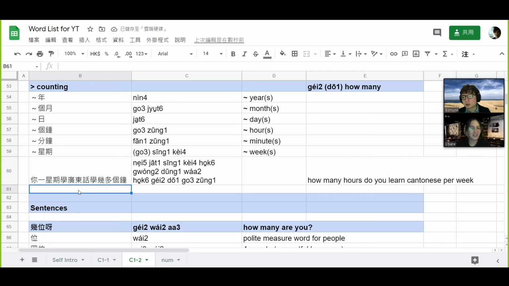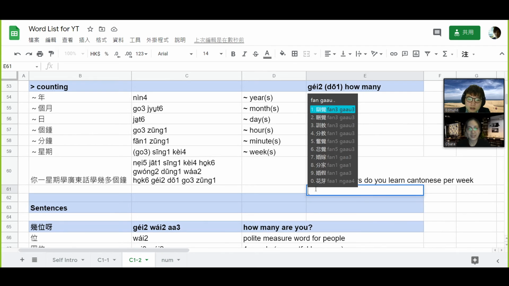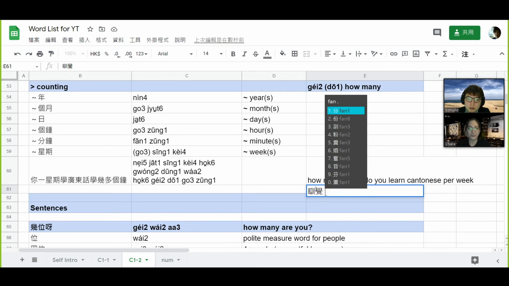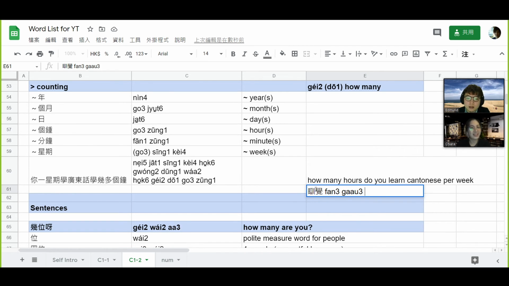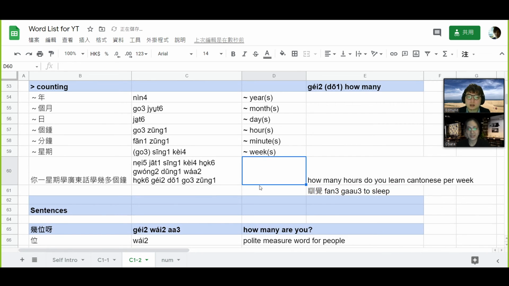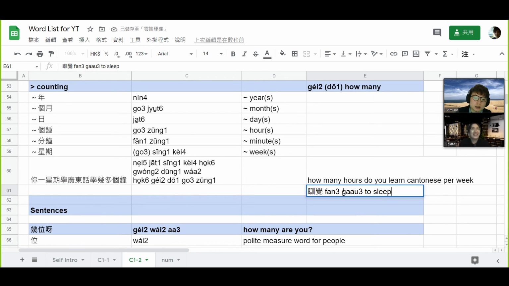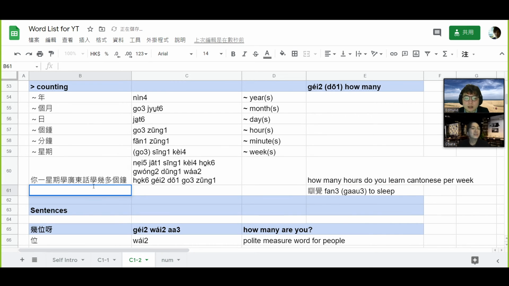Like for example, let's say, okay, 瞓覺 is to sleep. Sometimes we just say 瞓. 你一日瞓覺瞓幾個鐘？幾多個鐘？個覺 is not necessary. 你一日瞓幾多個鐘？